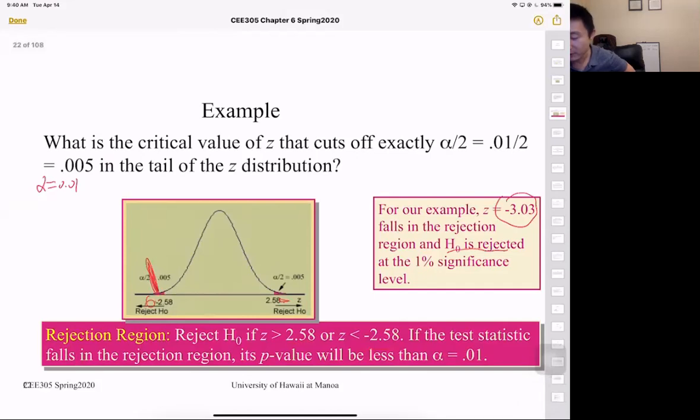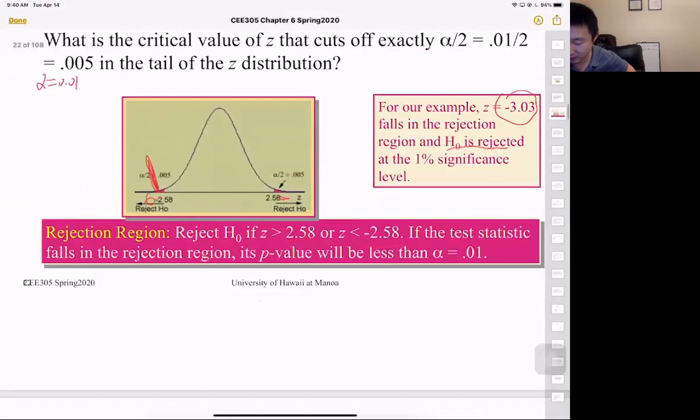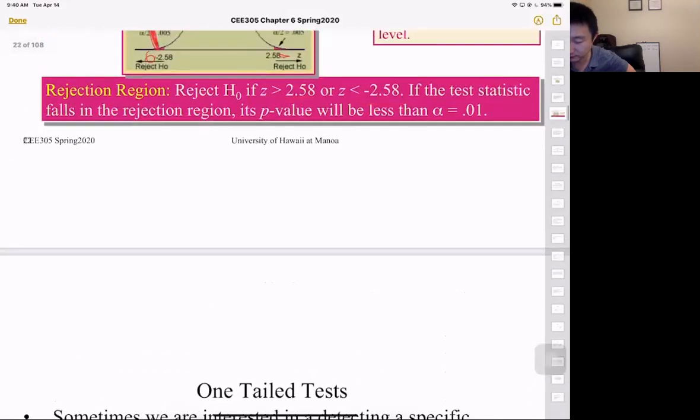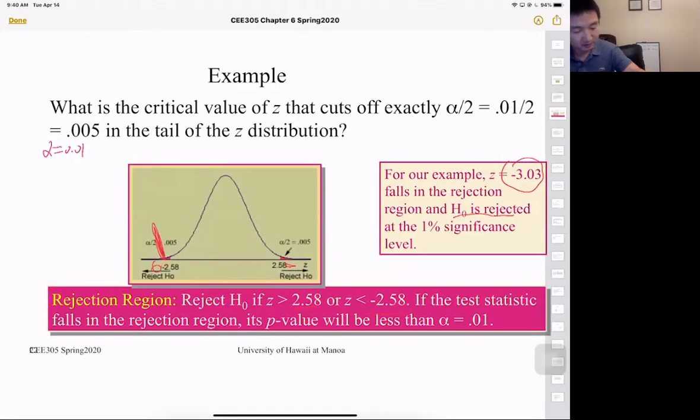Okay, so normally we do not use the rejection region, so instead we just compare the p-value with the alpha. All right, so